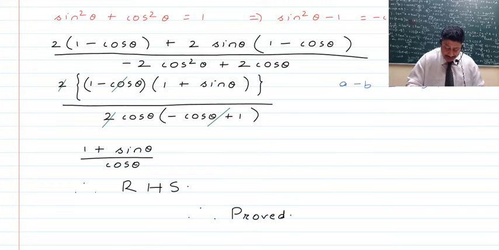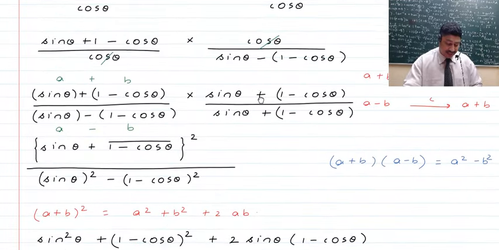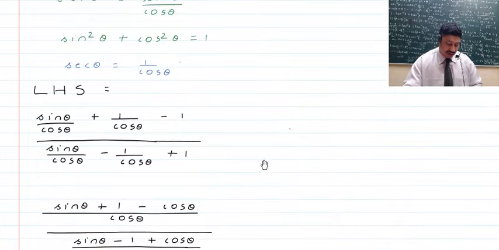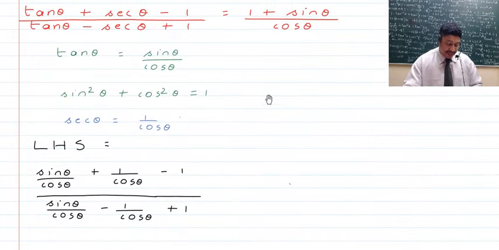So guys, now I'll just quickly discuss this once more, so that if you have any doubt, all of that gets removed. In the question, children, we've been given that tan theta plus sec theta minus 1 divided by tan theta minus sec theta plus 1 is equal to 1 plus sine theta upon cos theta, which has to be proved. So here we know this,